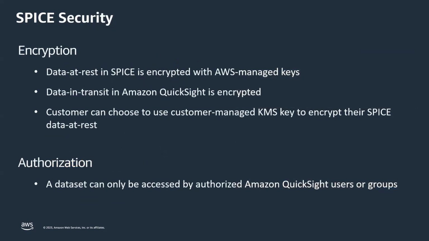Spice security. Data stored in Spice is encrypted at rest, using AWS managed keys by default. Data that's in transit in Amazon QuickSight is encrypted as well. And Spice also offers you options to bring your customer managed KMS keys to encrypt the data at rest in Spice. So no matter what, you have options to secure your data and encrypt it so that others don't have access to it, and you have secure